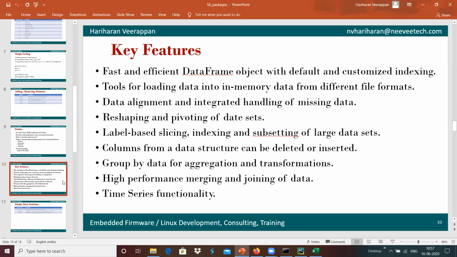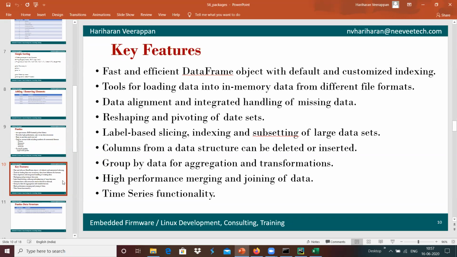The different key features of pandas are a very fast and efficient data frame object with default and customized indexing, and tools for loading data in memory. We have data alignment and integrated handling, reshaping and pivoting of data sets.